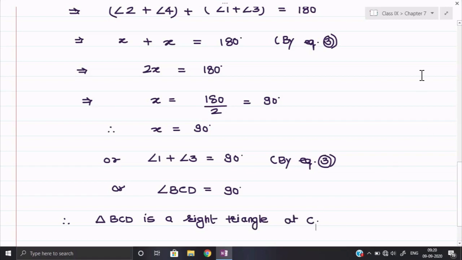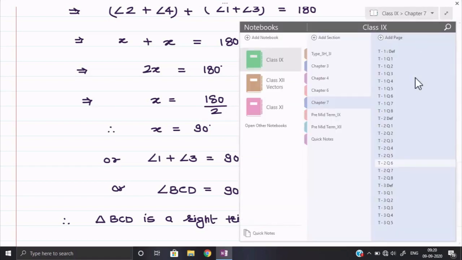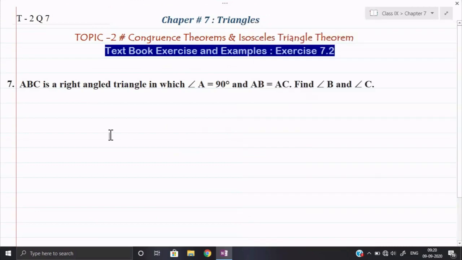Okay, so this completes this question. Now let us see the next one. The next question I am taking here is question number 7. Total 8 questions are there, so 6 we have finished. Now I am taking question number 7. In question number 7, see what they are saying. Triangle ABC is a right angle triangle in which angle A is equal to 90 degrees, meaning whichever angle is 90 degrees, that they said here, and AB and AC are equal, meaning the two sides called the perpendicular sides are given equal to us.